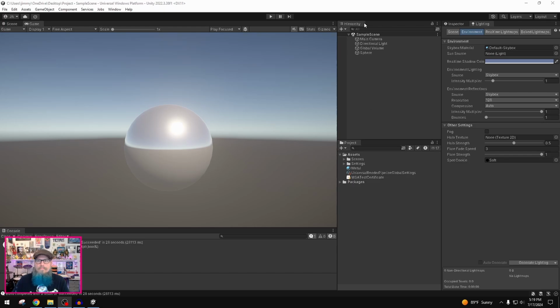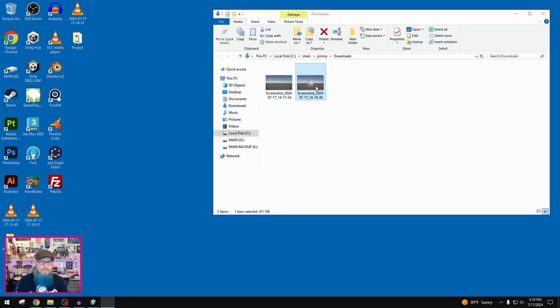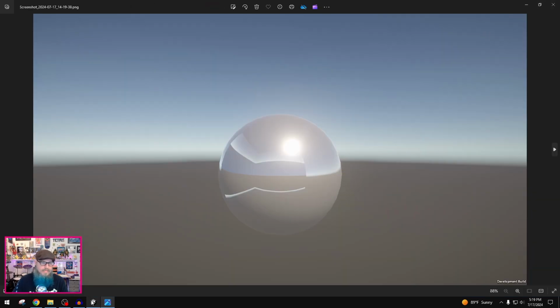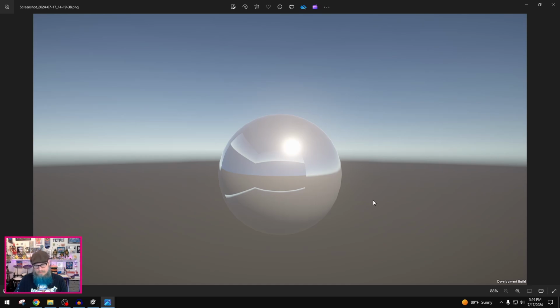Okay, so the build has completed, and what I'm going to do is just go ahead and capture another screenshot. And wow, okay, holy mackerel. All right, so this is what we see on device. This is what we see in Unity Editor. This is what we see on the Xbox console right now. And I'm really surprised about this because the issue was previously only showing up with baked reflection probes or custom